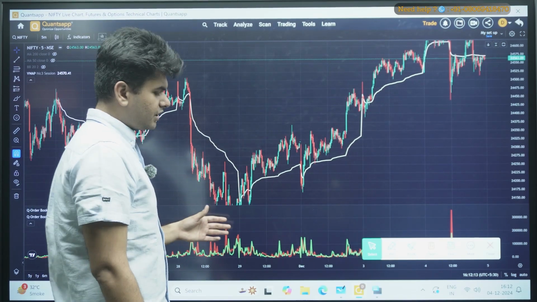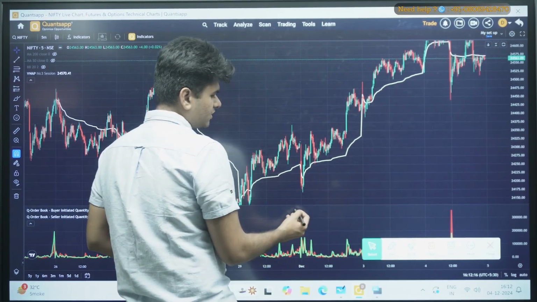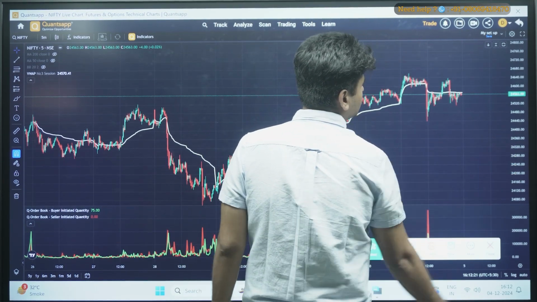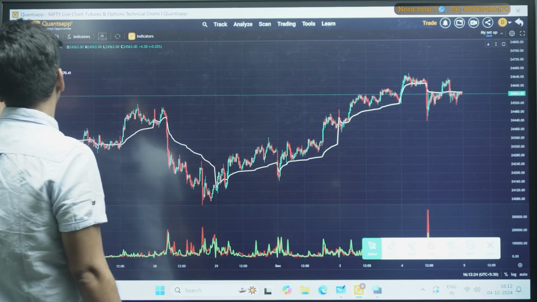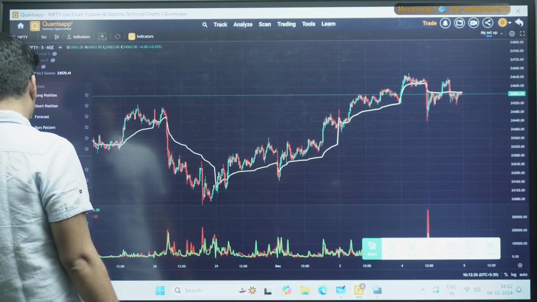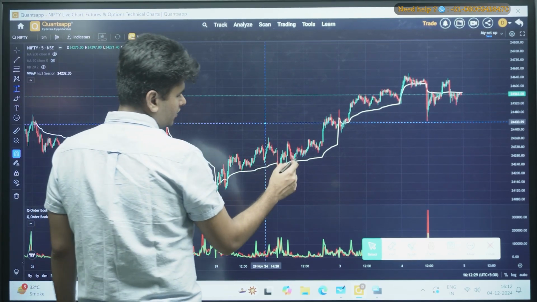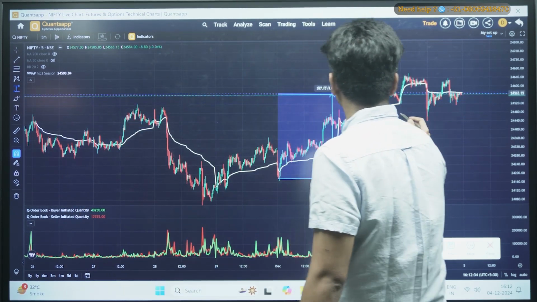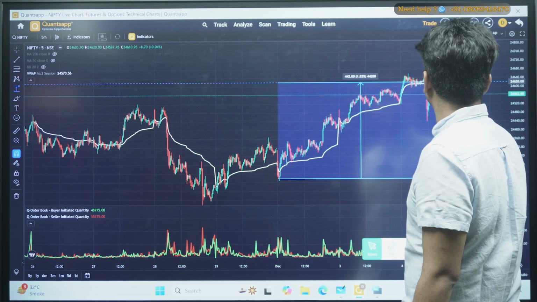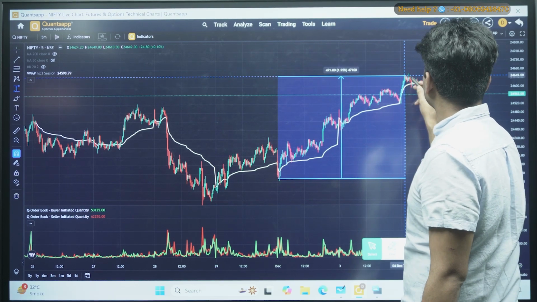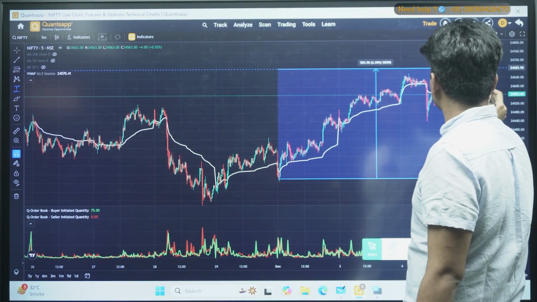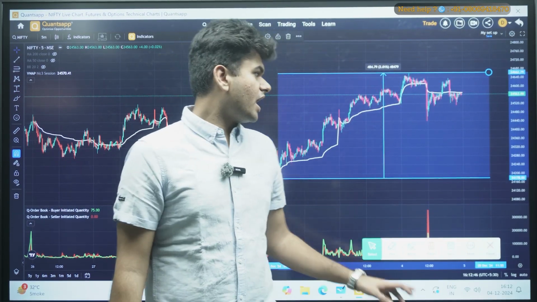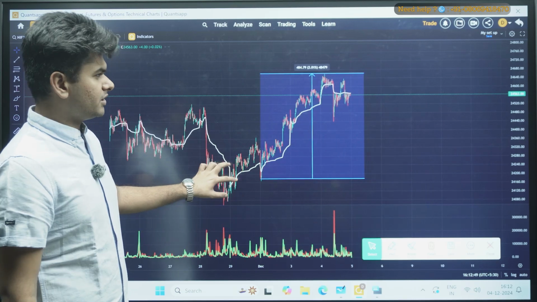As you can see, from the initial starting of the month from December, it has given a good range. The momentum has been strong. 24,500 was acting as a resistance, but Nifty has easily broken the level. From the starting of the month, we are getting a momentum of almost around 2%, I believe. Yes, almost 2% we have already seen in the Nifty, and I believe it is still the beginning,